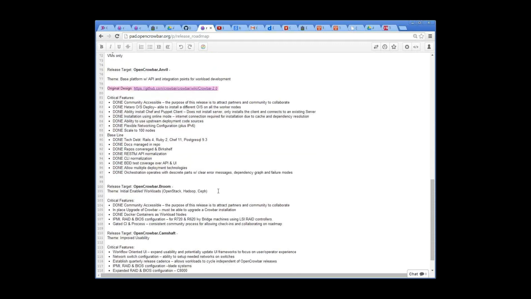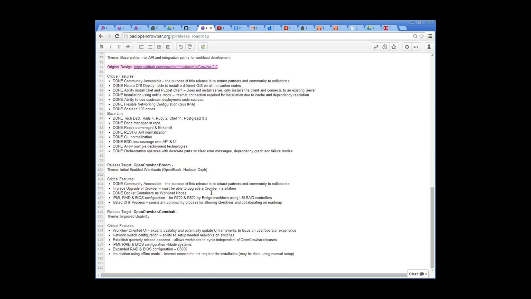It's not something that I would chase, but if somebody wants to scratch an itch for it, I'll explain their use case because we have time to do that. So, Scott, for Broom, the things that we are looking at, we're in progress on IPMI RAID,